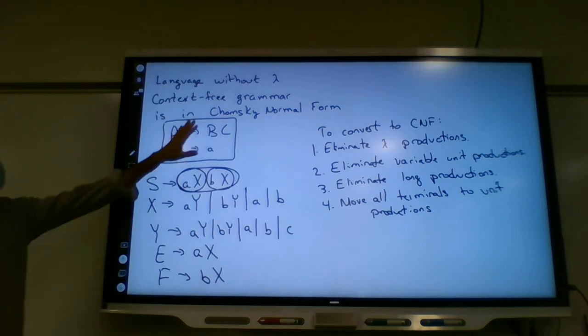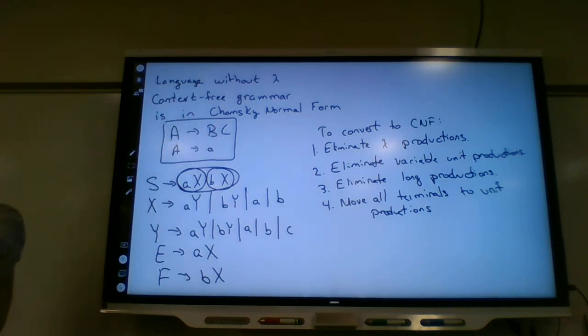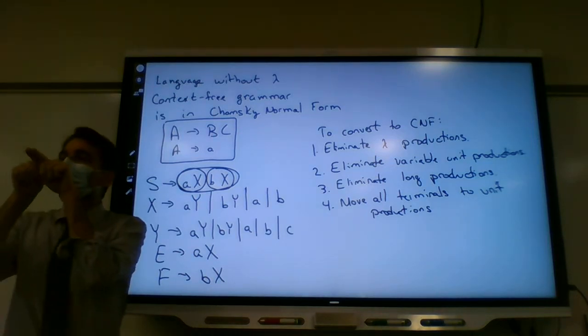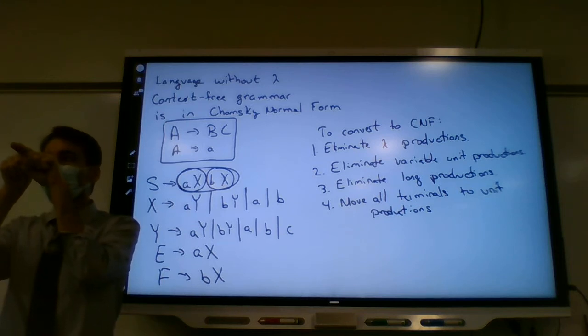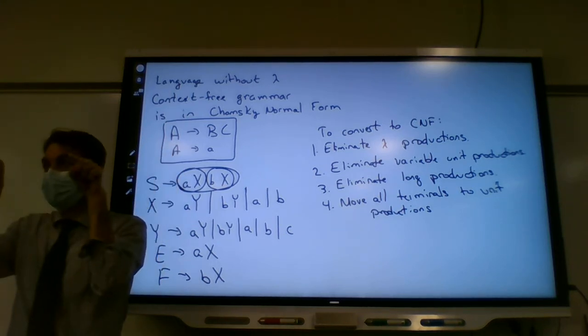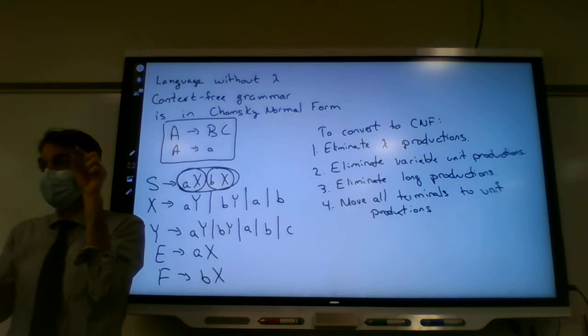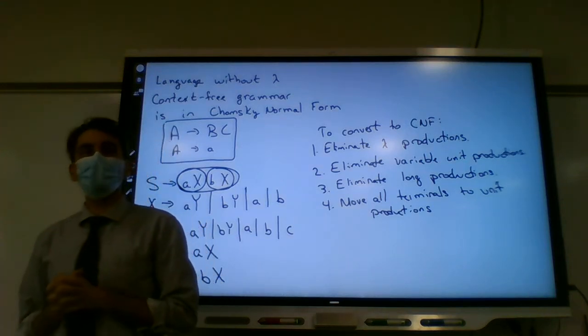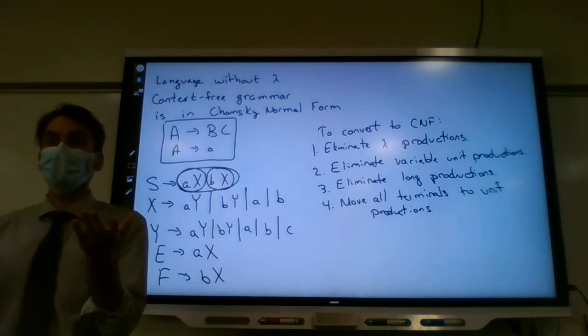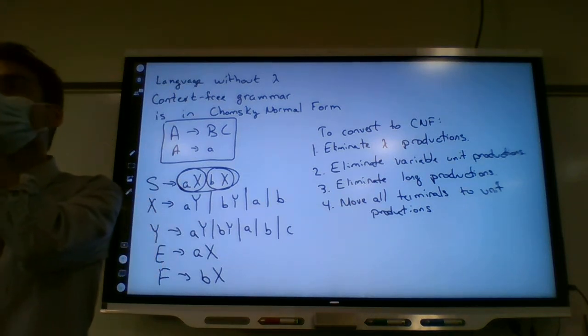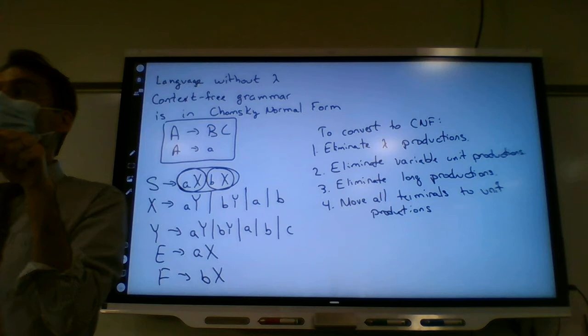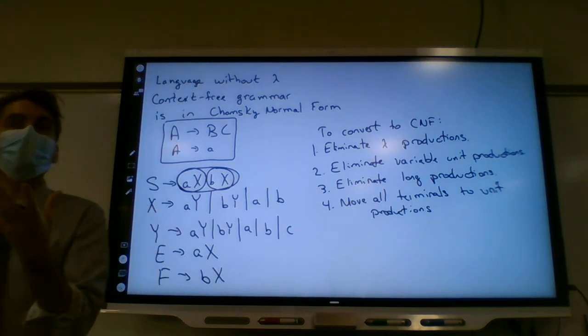We're trying to get something into a particular format so that we will have what kinds of derivation trees? What would a derivation tree look like? When you replace a variable, what do you replace it with? Only one or two. Either two variables or a terminal. Right? So what's going to happen to our derivation trees? What will they look like? Not exploding, they'll be binary, right? Because every time you replace a variable, you can only replace it with two pieces. And so the derivation trees will be